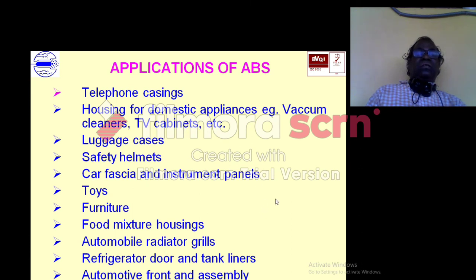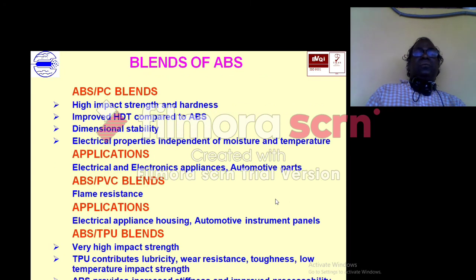So it is used in TV cabinets as well as front panels, all made up of ABS. ABS is also blended with PC. ABS is already a terpolymer. With PC also we can blend it and use it for high impact strength and HDT, high heat distortion temperature.